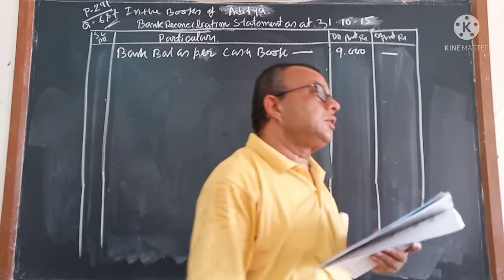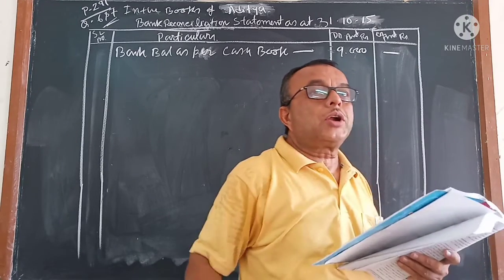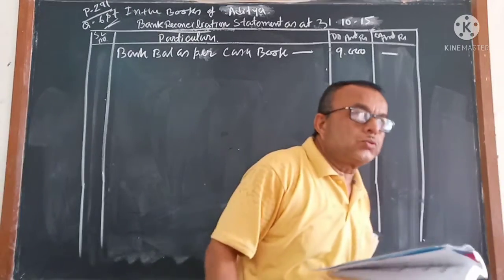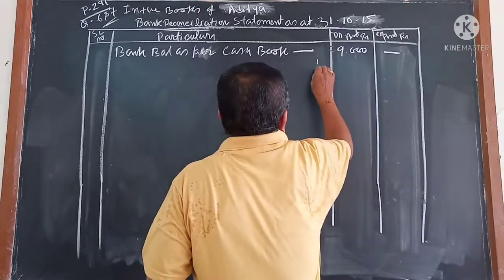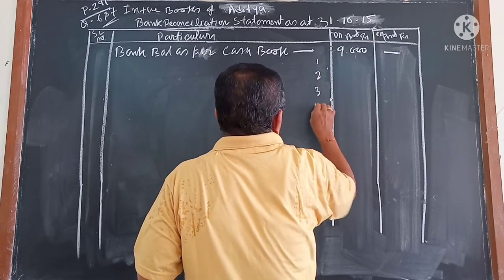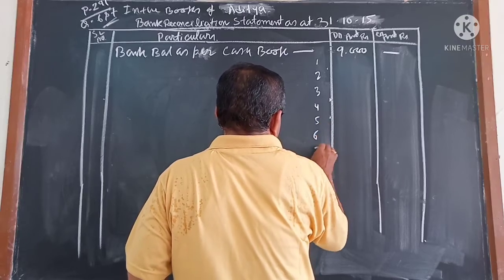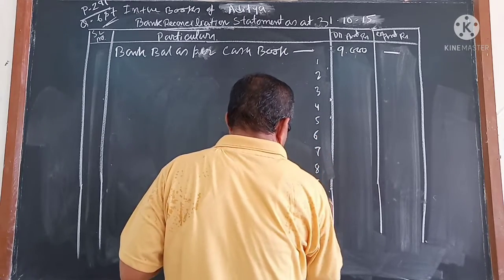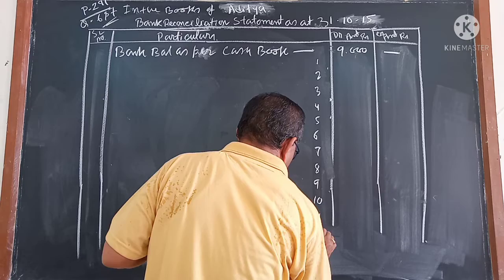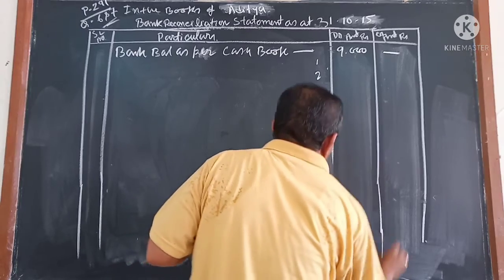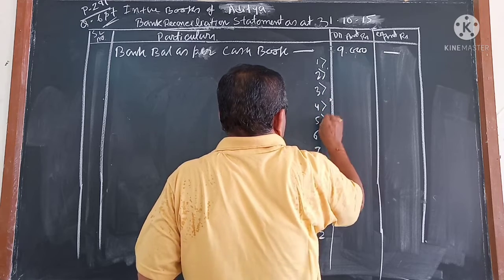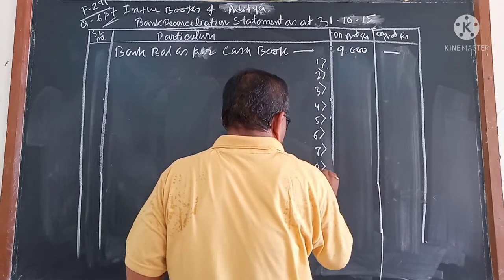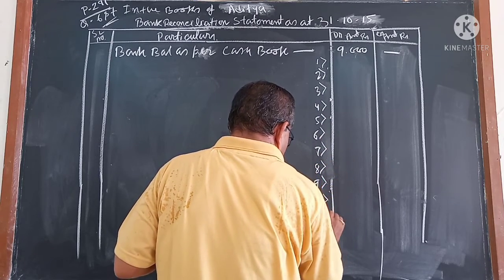Now all the points, whatever you have to write in the particular columns, the statement that you write in your own language, I am not writing that. You practice how to write it. The amount, where it will come, that I am writing: 1, 2, 3, 4, 5, 6, 7, 8, 9, 10, 11 and 12. These are the amount columns. I will write the amount, and you will try to understand where it will go.